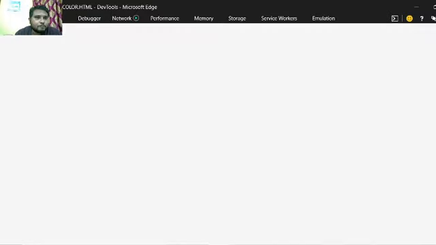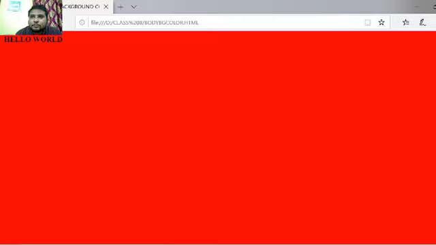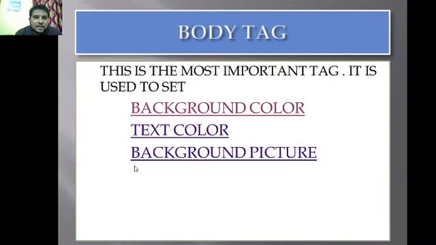Similarly, I have another attribute, that is the text color. If you look at this example, you will see the color of the text is green. Now I'll show you the code.